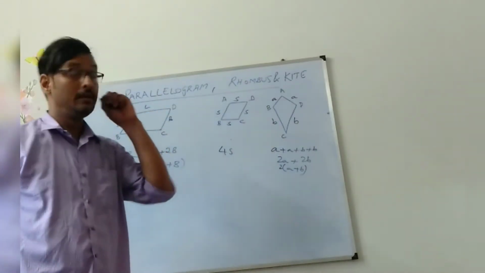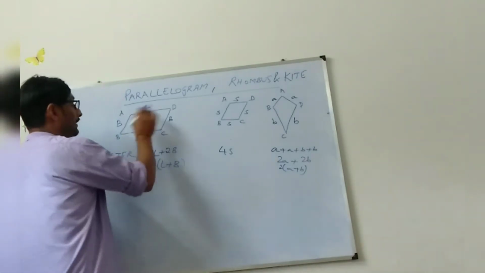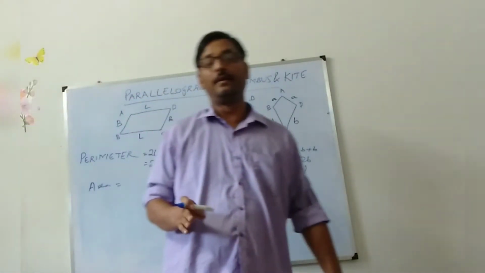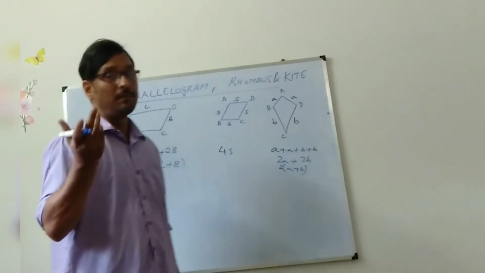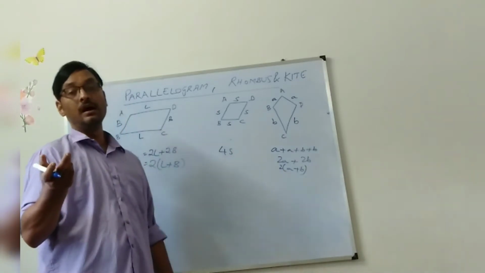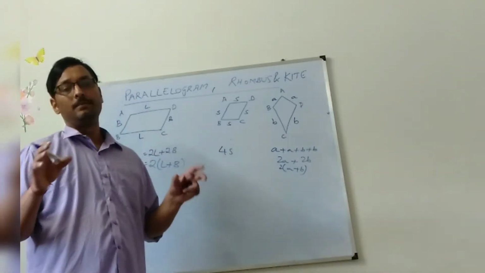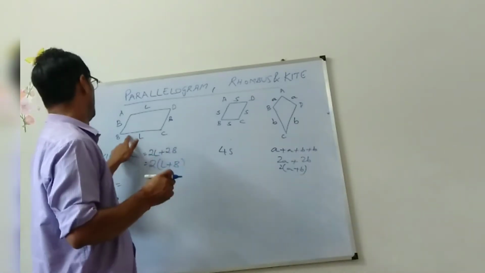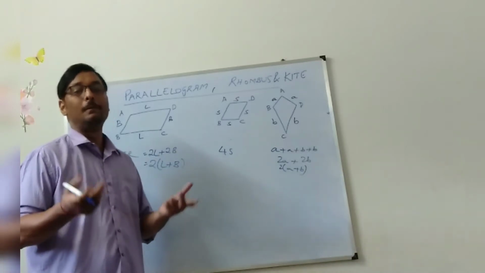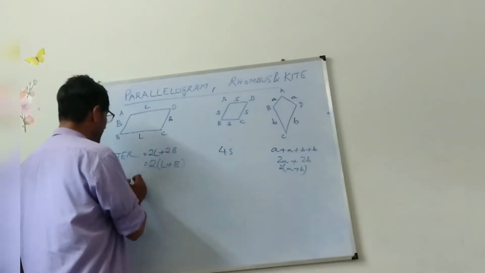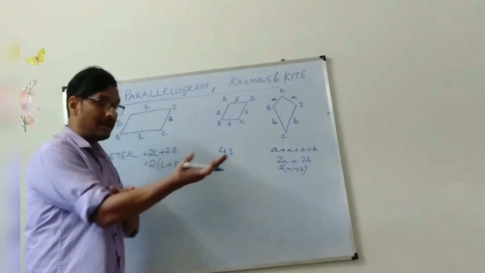Now, what is the area? See, as there is no 90 degree angle involved here, there is a problem in finding the area. So what is the basic formula? Like in the previous video, go through it and you will understand how to find areas. Base into height. So what is the base? L. This is your base, on which anything is standing.